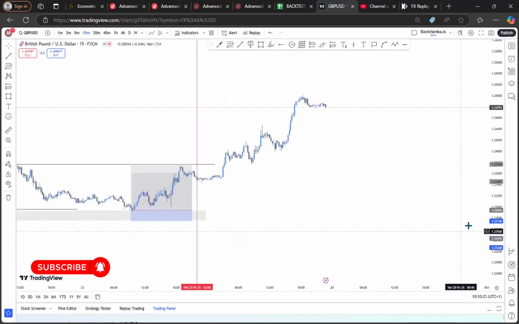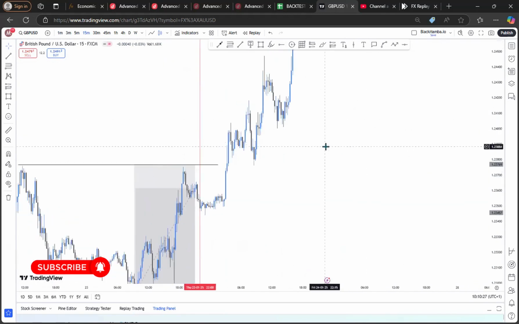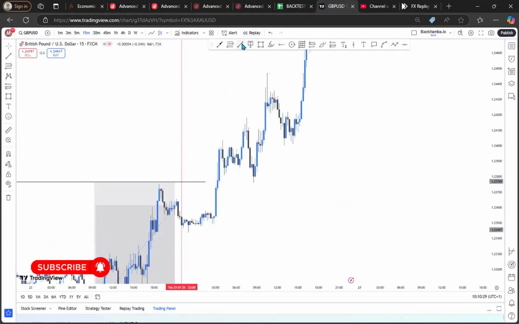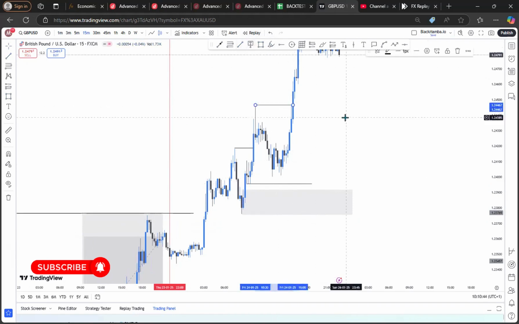And on Friday I was unable to get into any trade. On Friday I was expecting something like this during the New York session. We had this break of structure here, and I was expecting price to come to this level to take out this low as an inducement. But what did price do? Price bought from my inducements.